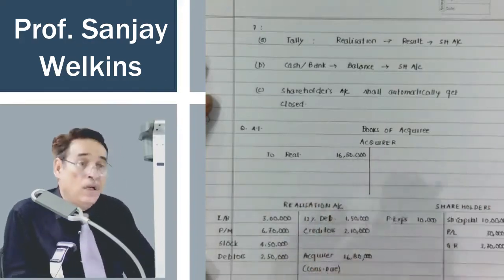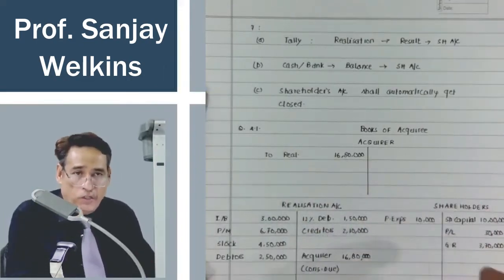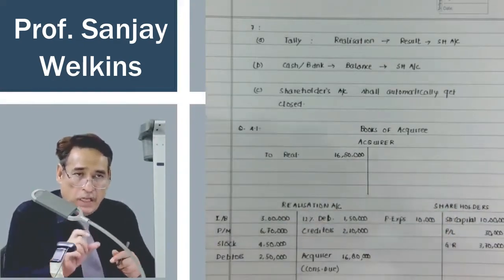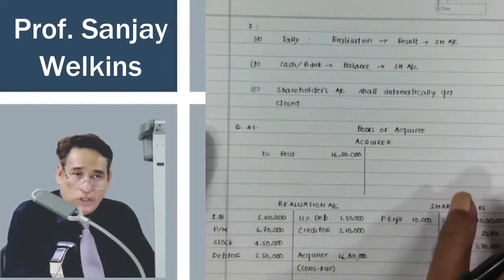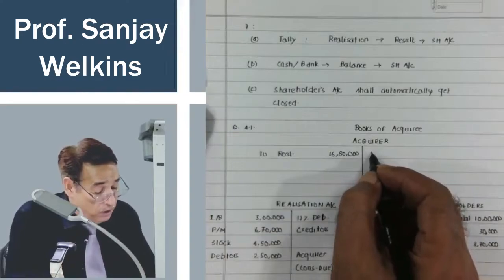16,80,000. Now we will receive the payment from the acquirer, and we just saw that the acquirer is discharging 16,80,000 by paying cash of 1,80,000 and by issuing 1,00,000 shares of 10 each at the rate of 15. That means some portion is being received by us in cash and some in shares. So I'm going to write here by cash. We received 1,80,000 through cash, and we received shares